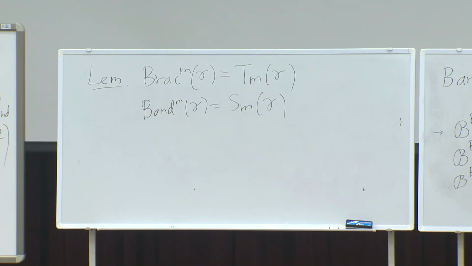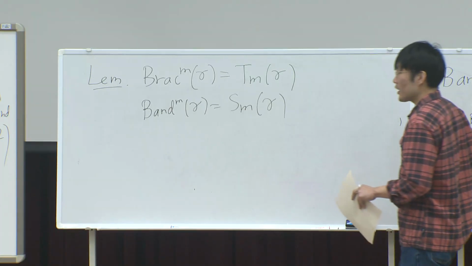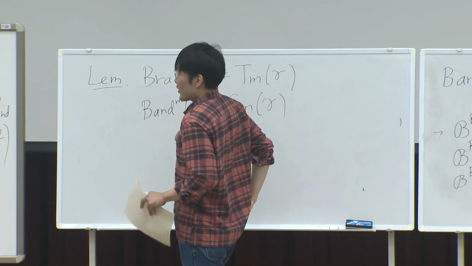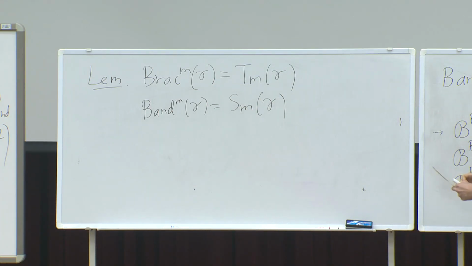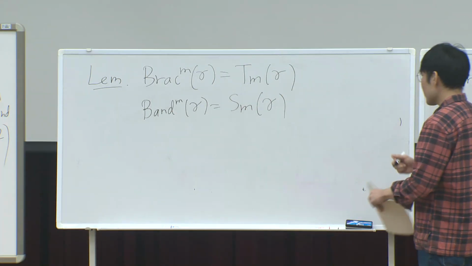And you can easily see from the defining recursive relation that these are monic polynomials of degree m, and that's why you can easily prove, using this lemma, that they also form a basis. So this was for